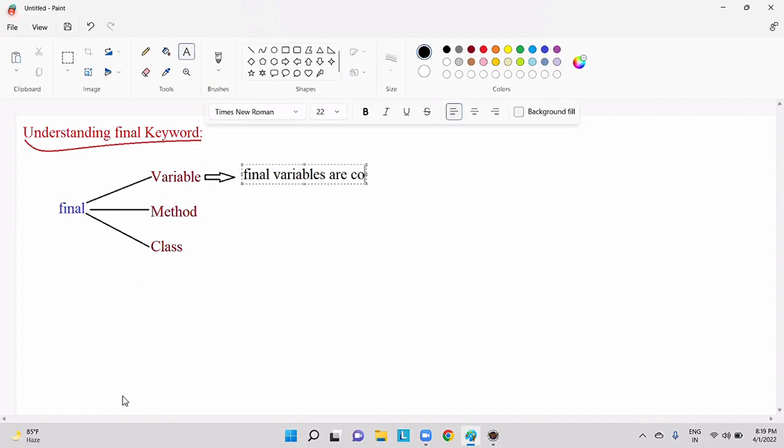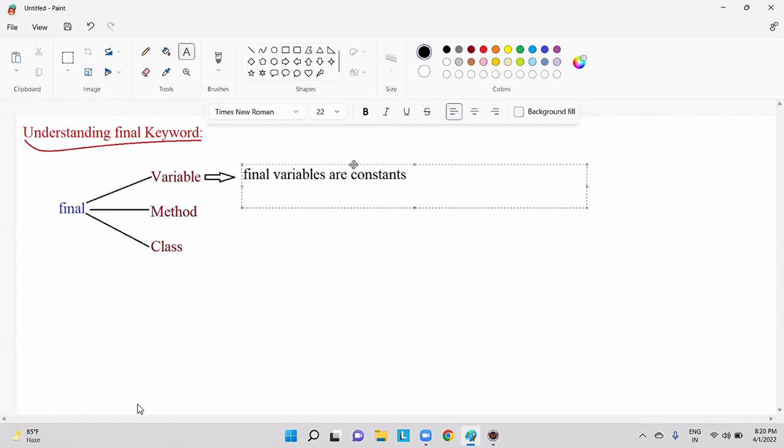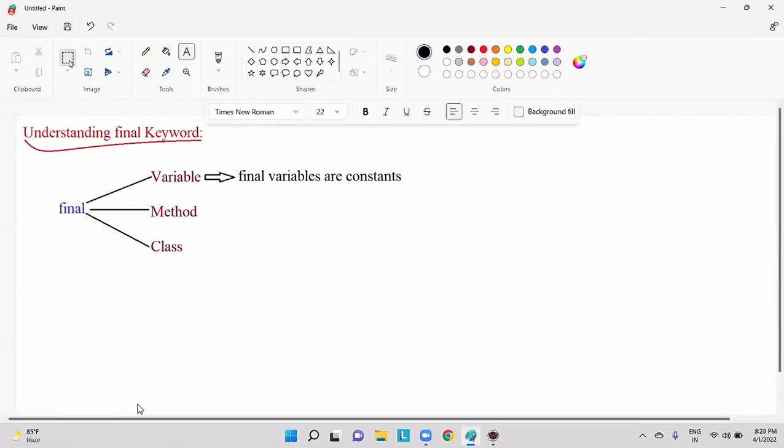Once we have declared a variable as final, we cannot change the value of that final variable. Final variables are constants.